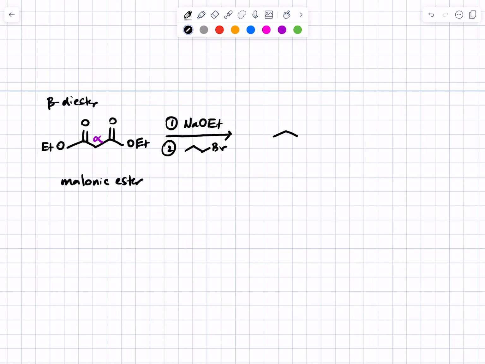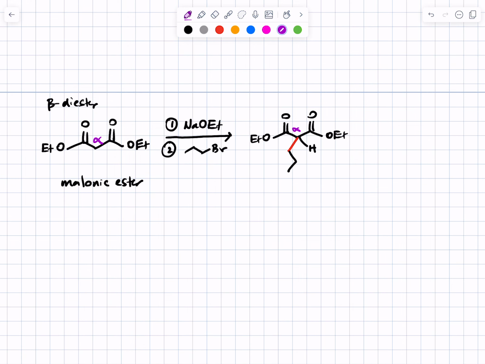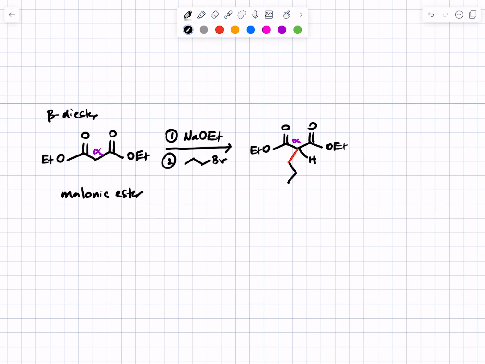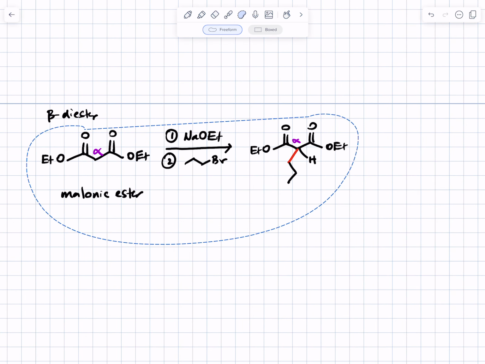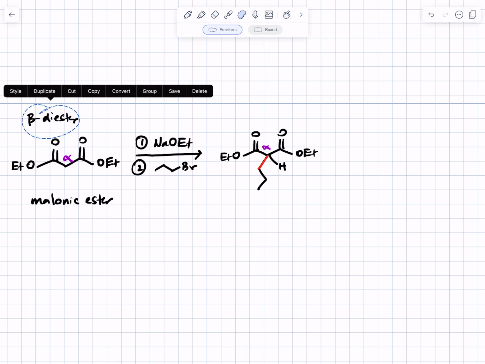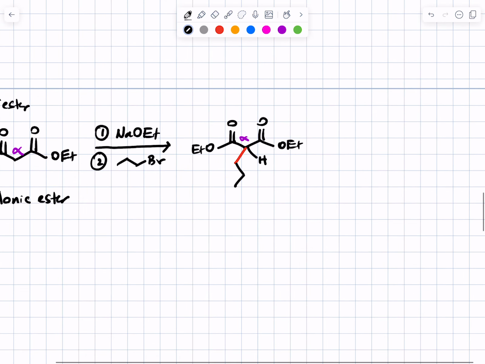So that's going to make a new bond in our beta diester. Here is the new bond in red, and then we need a 1, 2, 3 carbon chain there. There's still a proton there. That is our first alkyl group on the alpha carbon. Then let's imagine, maybe I'll slide things over to give ourselves a little bit more room, a second reaction